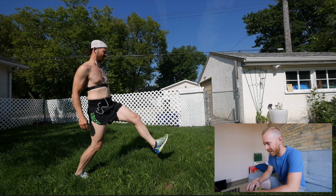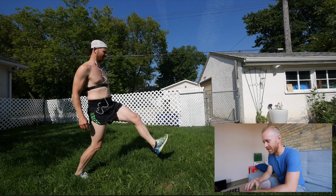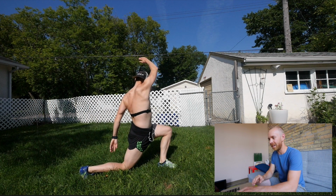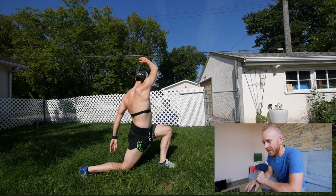The next movement I really like. This is one of the best feeling movements that I do. It's a lunge where you extend the opposite arm over, always one knee, one leg, opposite arm like a running stride. So you extend out, do a lunge, and then you take the other arm, reach over your body, and twist. And this is going to create a lot of length in the entire body,